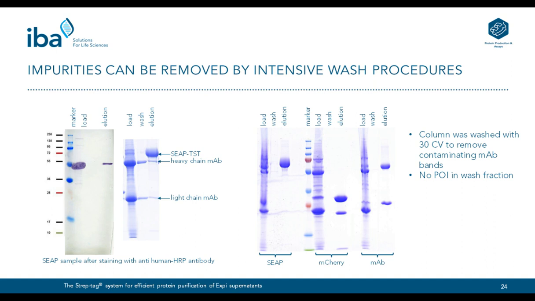So here we shoot a little bit with a cannon at birds, but we purified the 3 proteins, the secreted alkaline phosphatase, the mCherry, and the monoclonal antibody by applying 30 column volumes of wash buffer during the wash procedure. And if you look at the elution fractions, now you can see that we were able to remove the contaminating bands of the overexpressed antibody. And we think that this experiment really shows that you can even get rid of very highly concentrated contaminations, and this is a great advantage of this system compared to other systems